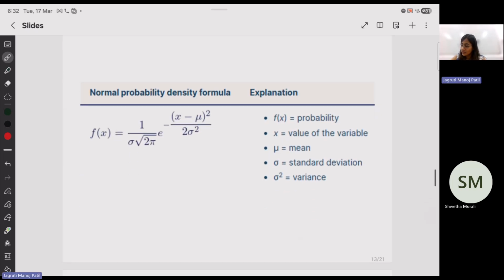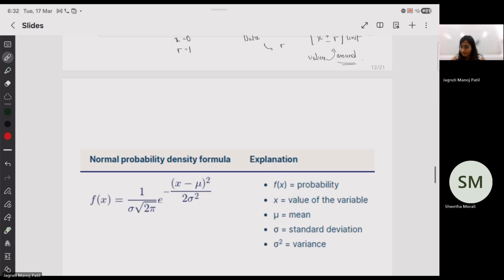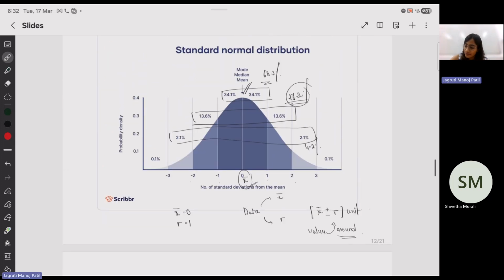So that's how you represent the normal probability density. If you look at this curve, from negative infinity to infinity, the integral of f of x dx is always unitary. That unitary is nothing but the area under the curve that we are plotting, and essentially this is your probability density function. Whenever I write this, you can also write it as p of x. That's essentially the same thing.